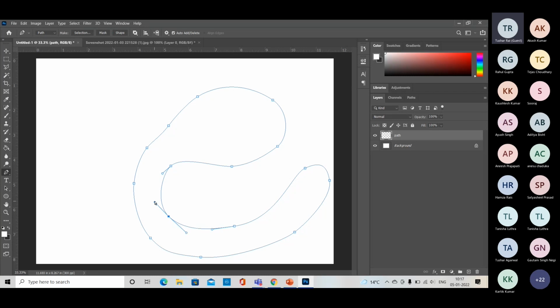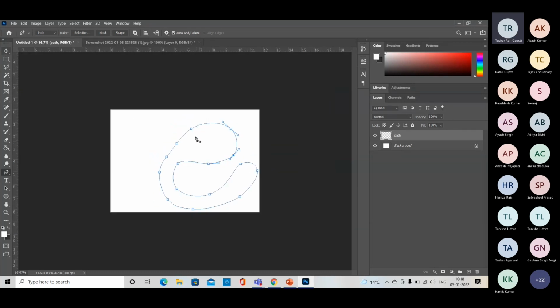Can reduce the sizes also of anchor points. Right,